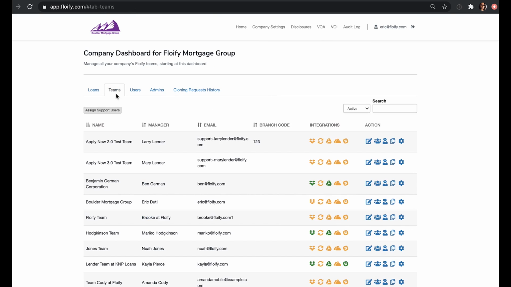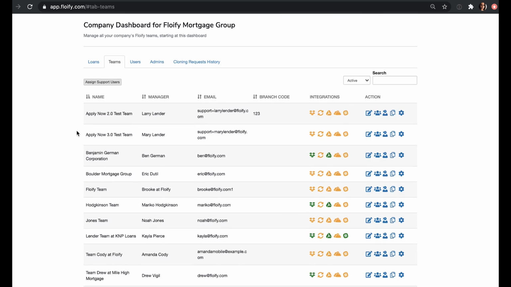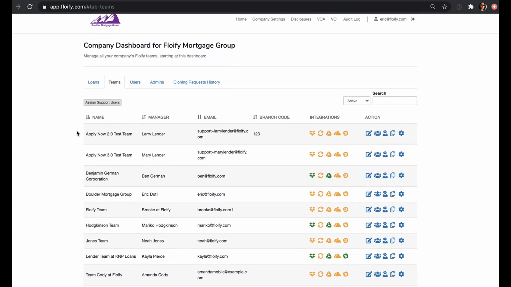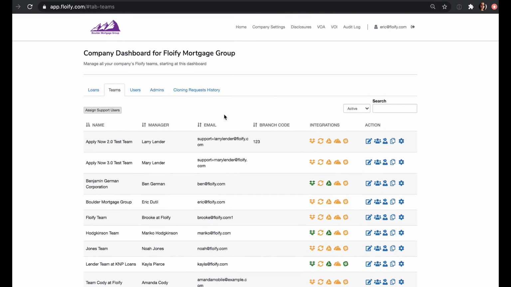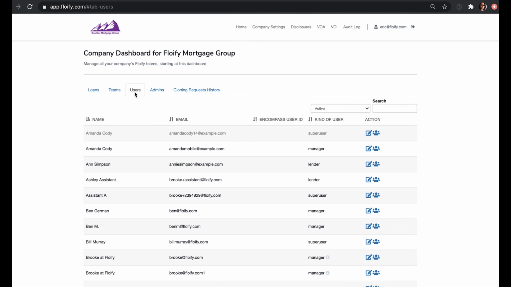The next tab over is the teams. These are those manager accounts. These are the teams that have their own specific settings for their account, and each one of these teams will have their own subdomain. Next are the users. The users tab is a little bit different from the teams in that you will see every single